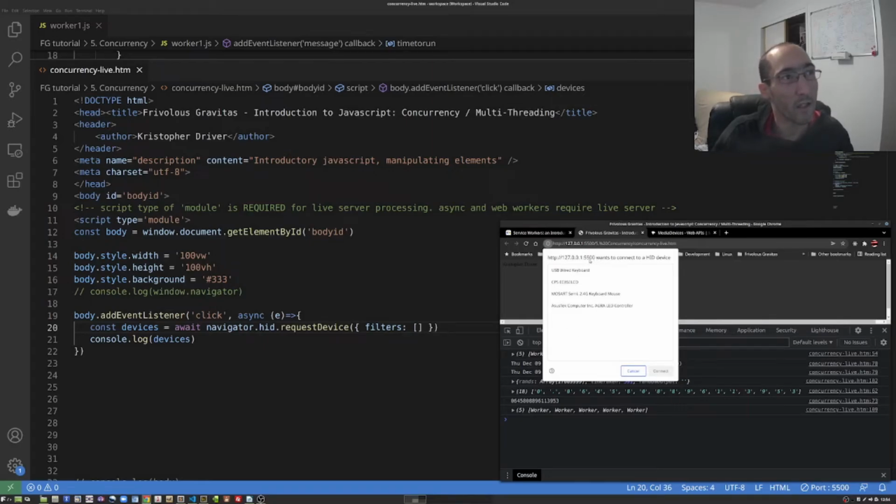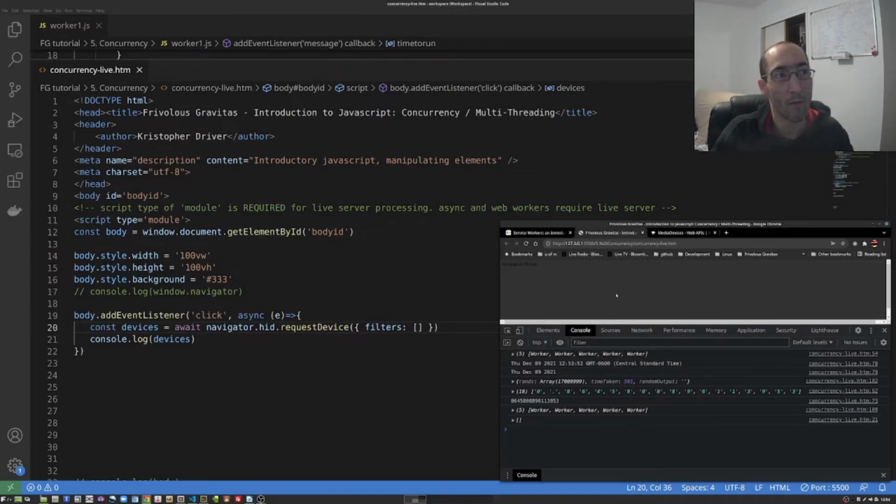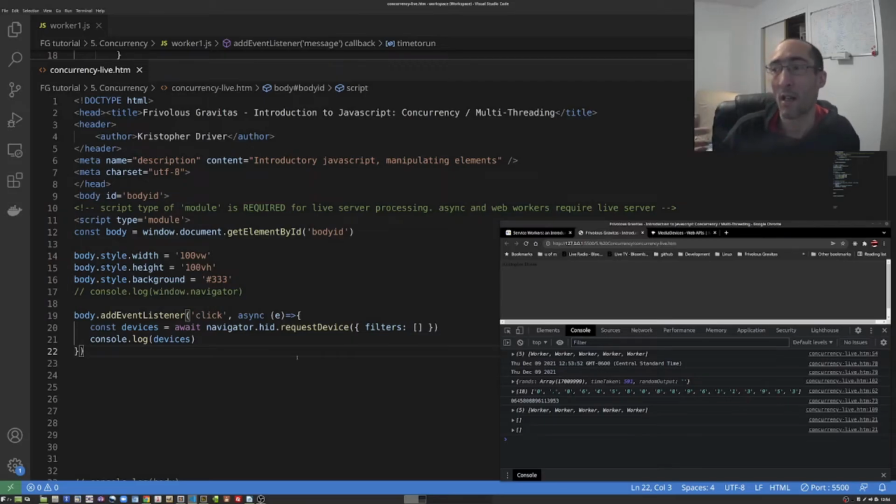You can see it actually asks you for permission, and you can pull anything that's plugged into your computer and run it through your browser. This is how you do things like, if you've got machine learning running on your workers on the side, you could have them doing webcam image processing on a separate thread so that you can still move around and browse the web page without things being janky and stuttery. Because the processing for the webcam is just feeding through a service worker instead of occupying the main thread, which is going to be used for all your other